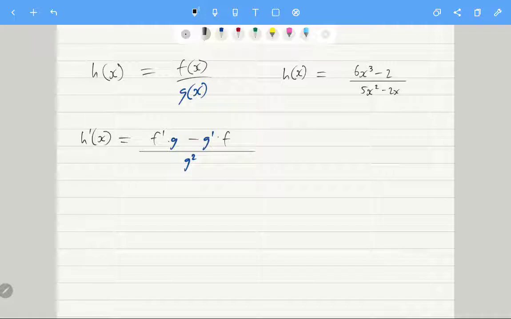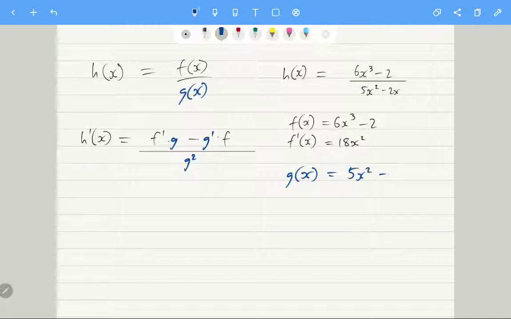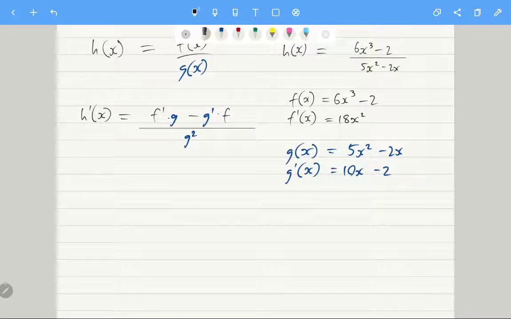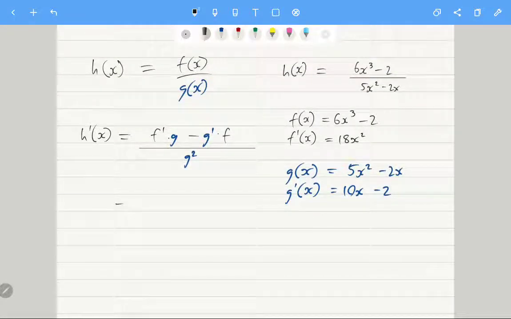So let's work out h dash. In this case, f of x is going to be equal to 6x to the 3 minus 2, and f dash of x is just going to be equal to 18x squared. g of x is going to be equal to 5x squared minus 2x, and g dash of x is equal to 10x minus 2. Alrighty, so like before, now that we've done that, h dash of x is just going to be substitution. So f dash goes first,